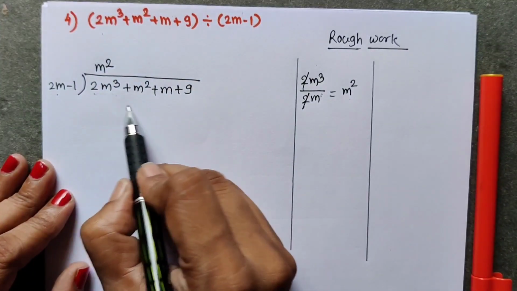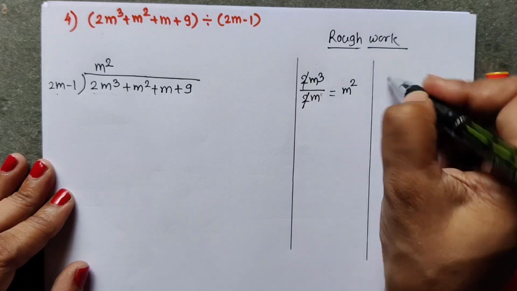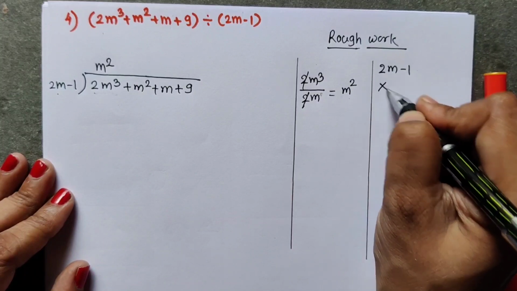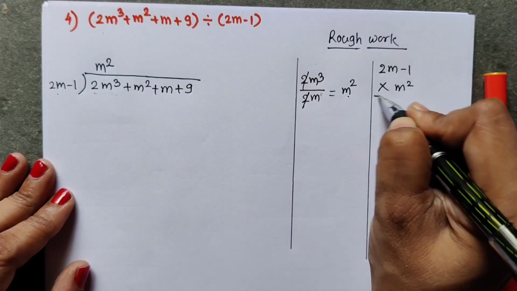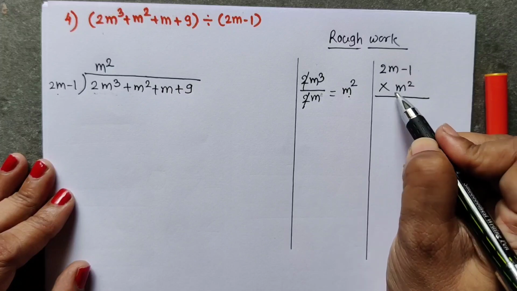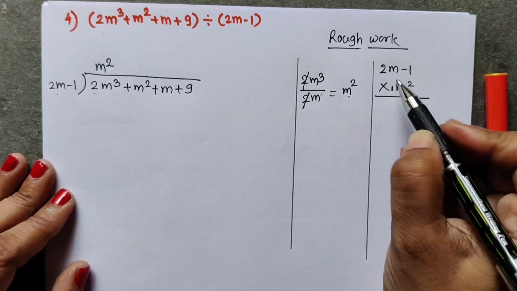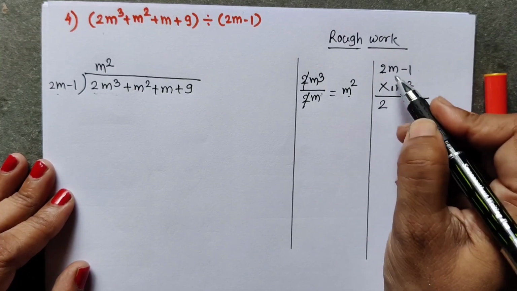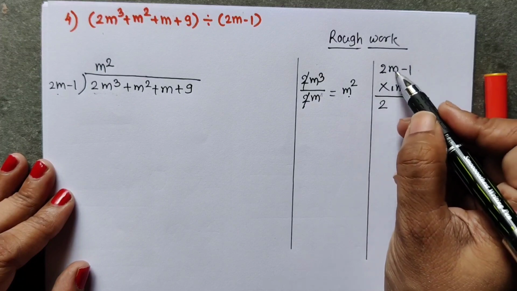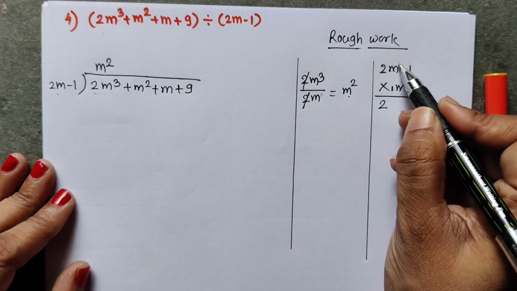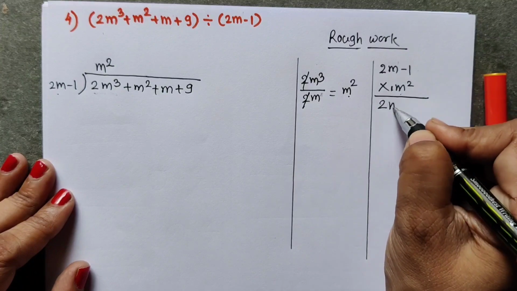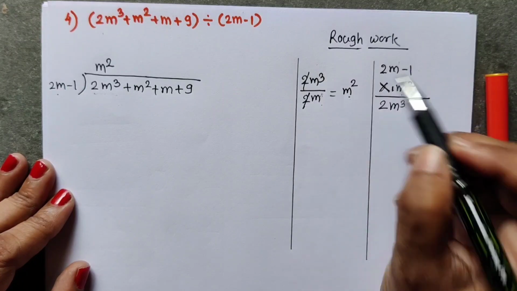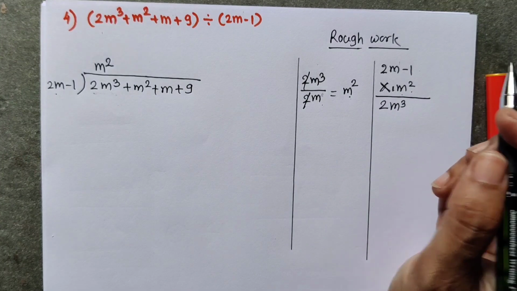What we have to write here in the dividend, that we will do here. We can find out here. So 2m minus 1 is our divisor. Multiply by this m square. Now m square doesn't have any coefficient means always 1 is there. So first we multiply coefficient with coefficient, 2 into 1. 2 ones are 2. Then we multiply variable term with variable, m into m square. Here nothing is there means 1 is there. 1 plus 2 is 3. That means m raised to 3. When multiplication is there, we add indices, and when division is there, we subtract indices. We have done it in the indices.